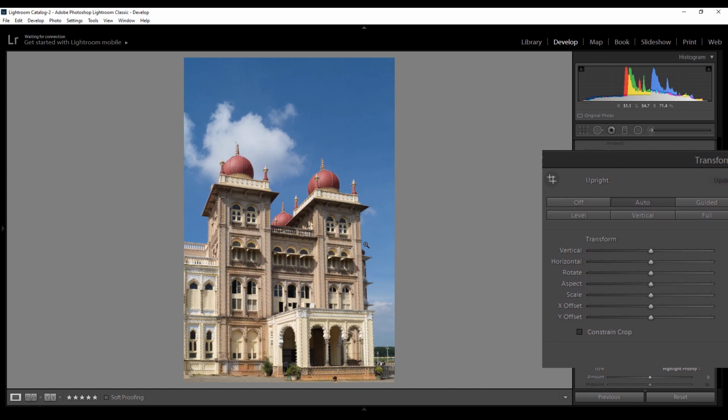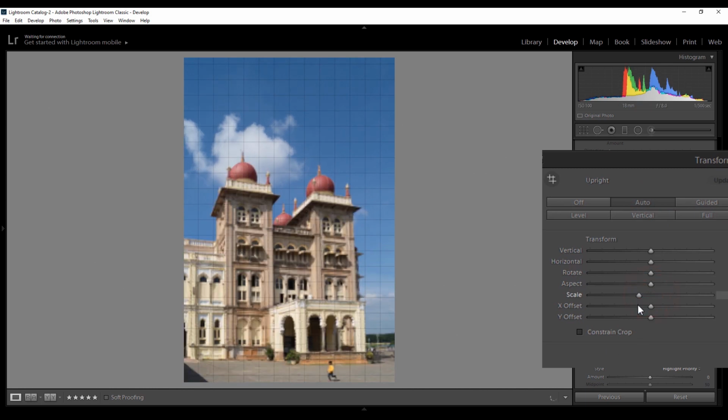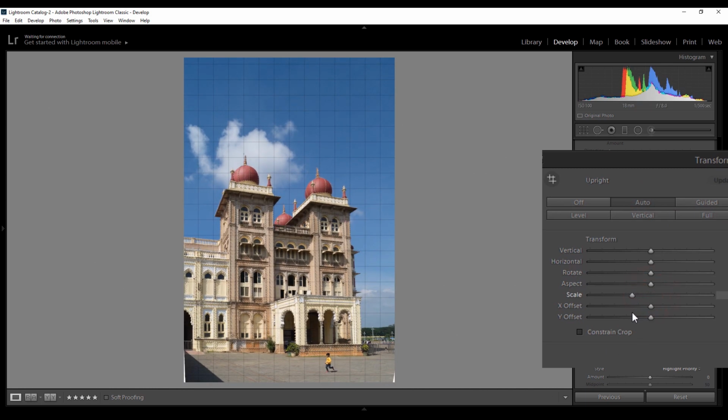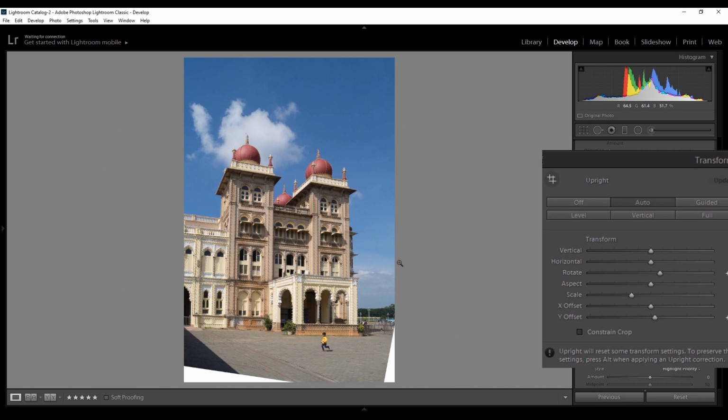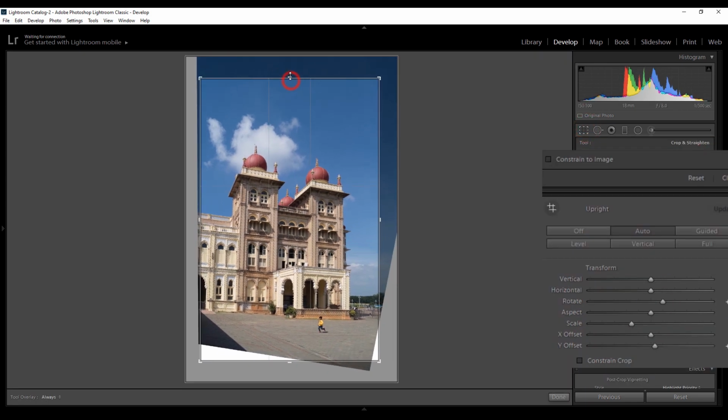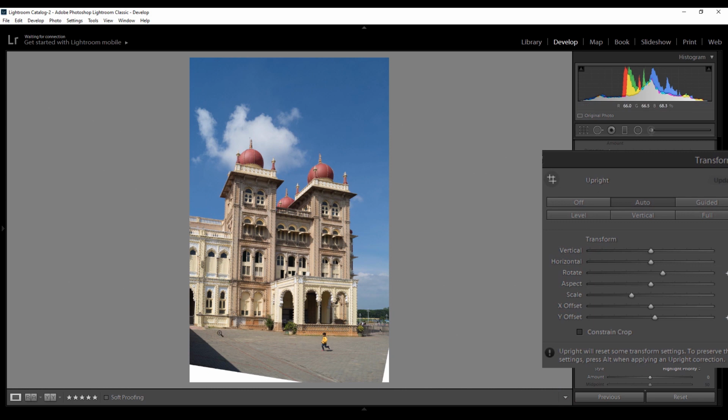Okay, we can see the result. The photo is very much zoomed in and cropped, so we have to adjust a little bit with the transform tool present at the bottom of it, and we'll see the final result. After messing a little bit with the settings and cropping a little bit, we can see the final result, and there are two white portions at the bottom of it, which can easily be solved inside Photoshop, and I will show it later when I talk about how to do it in Photoshop.